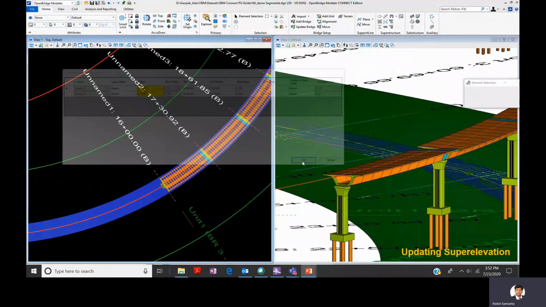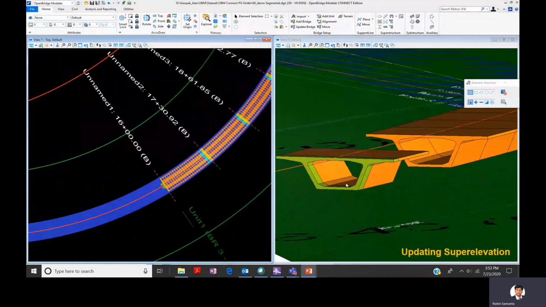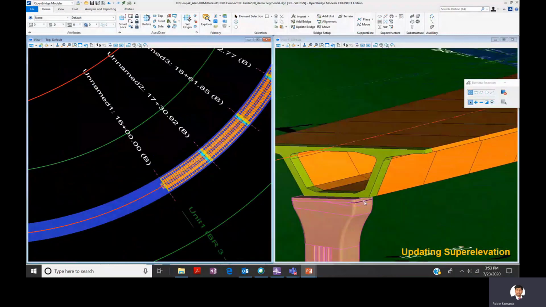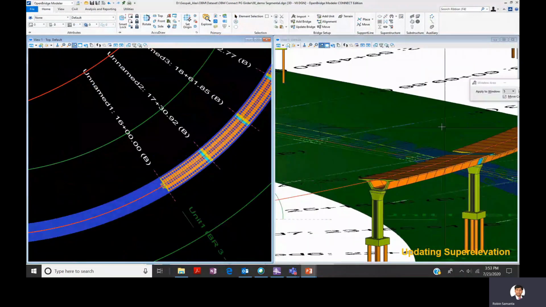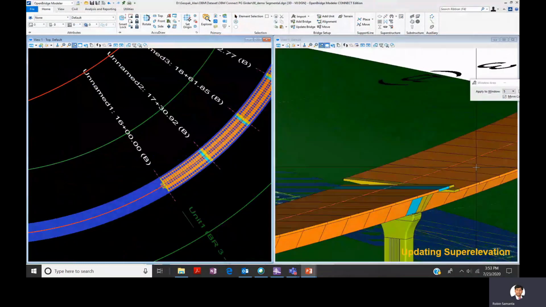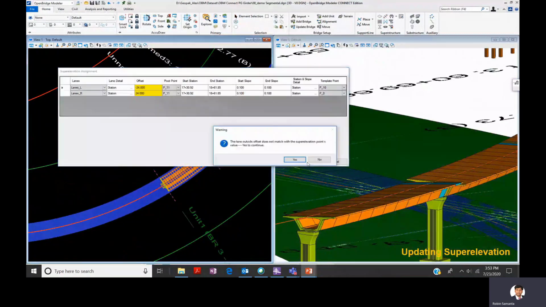Not only the deck and the superstructure, but also the pier cap. So that's why we are calling it intelligent modeling, because it reads how the bridge behaves. Remember, the only thing we are doing is taking into consideration the super elevation design done by the highway engineers, and the bridge model can be easily modified, right? If there is a change in the super elevation design, you can just update that super elevation file and reload it into the bridge model, so it can easily update, right?